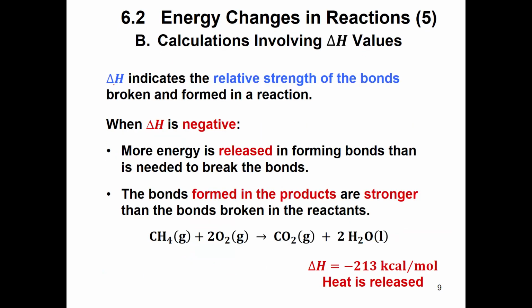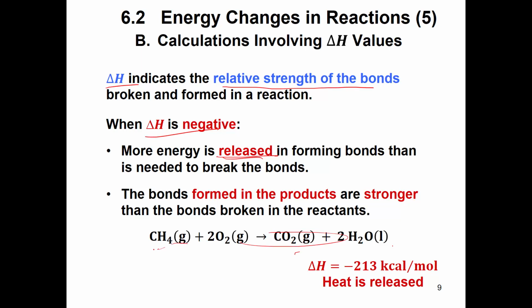The delta H also indicates to us the relative strength of the bonds broken and formed. If it's negative, more energy is released in forming bonds than it takes to break the bonds. So the overall energy of the reaction tells us, was this something that produced energy, or was this something that took energy in order to make the overall thing happen? The bonds formed in the products are stronger than the bonds broken in the reactants in the case of an exothermic reaction. So in the case of methane,